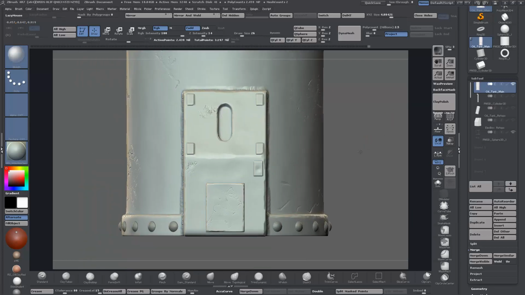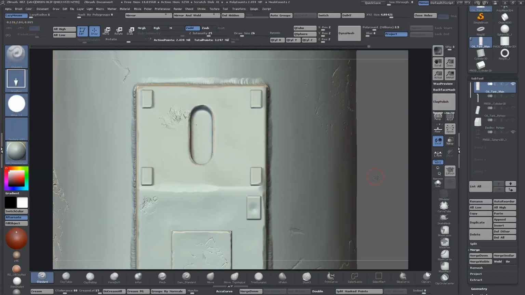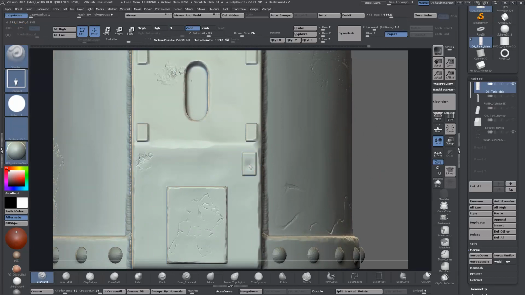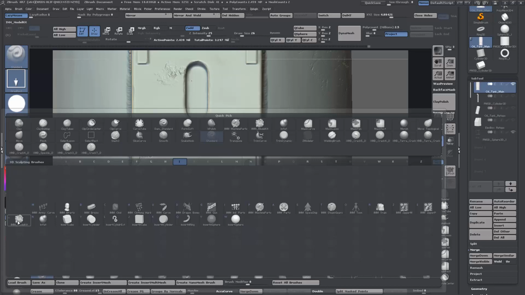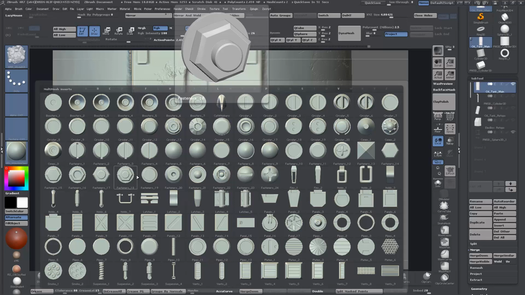So we're nearly there with this part here. Another thing I might do here is go to the standard brush and add in, hold down Alt, and just add that in there, and then B I, and we can put some screws in. So this is the IMM brush that I was talking about earlier on, in the first part. I think it's a Joseph Drust brush, but I think it ships with ZBrush. I'm not 100%. So this type of detail here is perfect for a normal map because it's curved, so it's going to bake nicely onto the map,